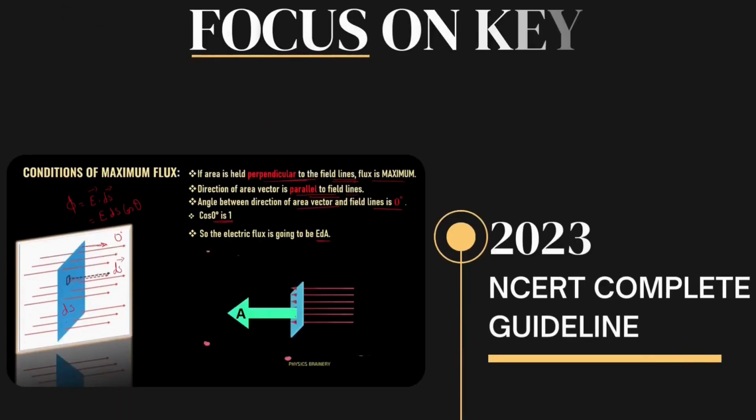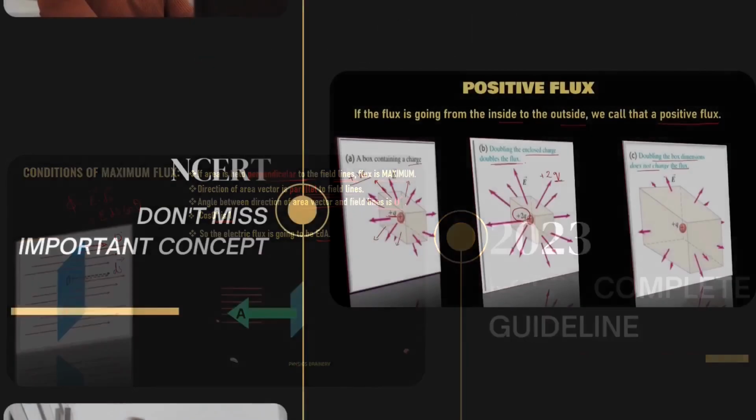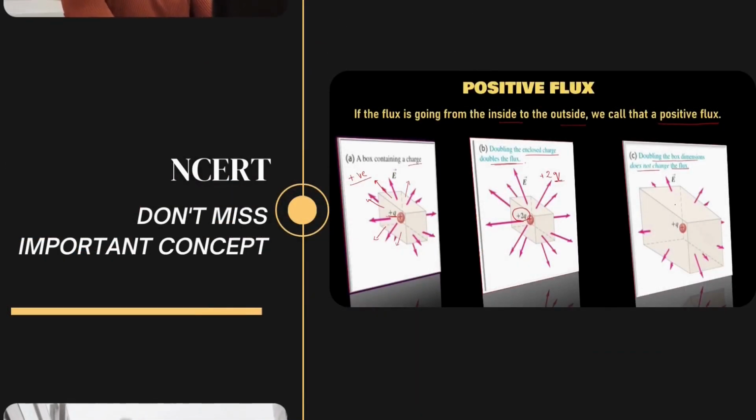Perpendicular direction and the area vector is also pointing in a perpendicular direction. So they both become parallel, that is, the angle between the area vector and the field. Another situation, if we double the dimensions of the box but keep the same amount of charge, that is